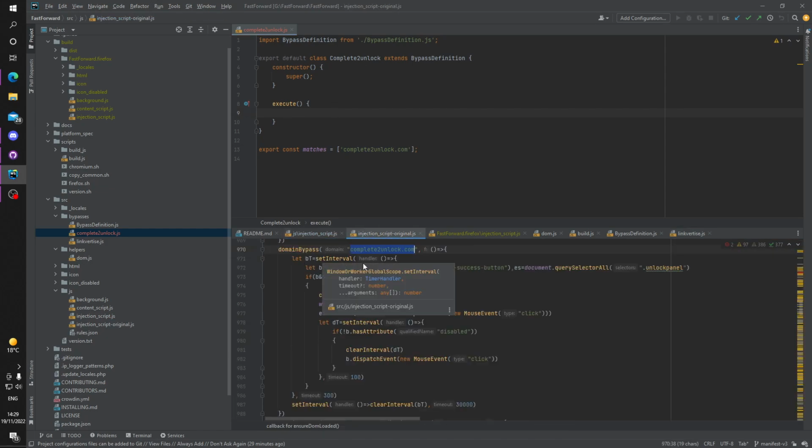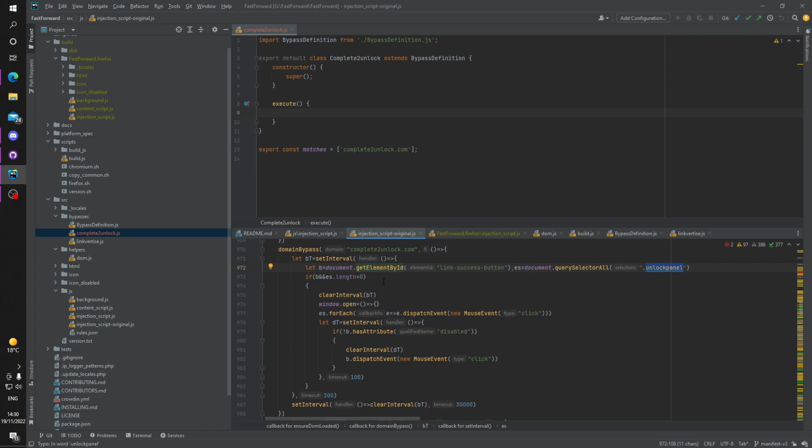We apparently need to have an interval. Then we get an element by ID, and we get the unlock panel. Then we check if the success button exists and the unlock panel is bigger than 0, then we clear the interval